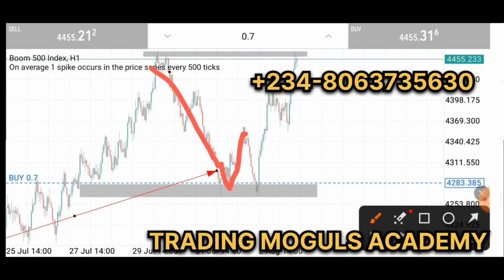Now at this point, it still comes back to test this level, and it did not break this level, forming a double bottom, a chart pattern I showed you guys,